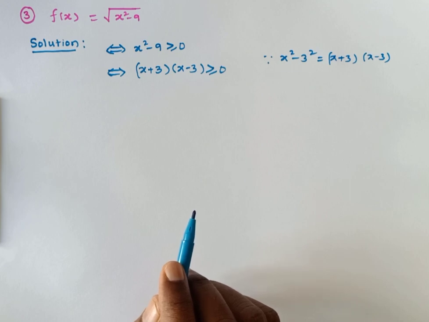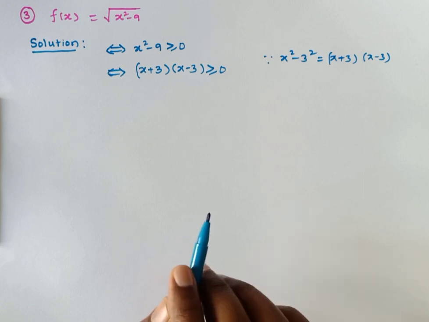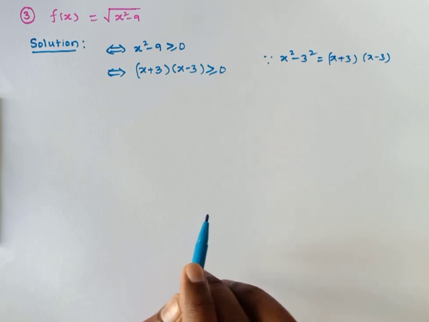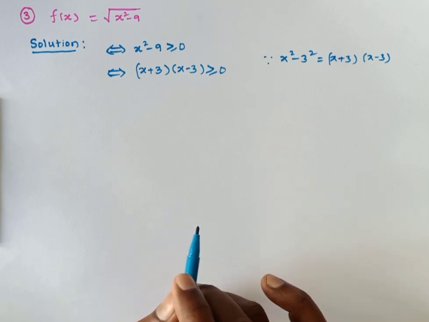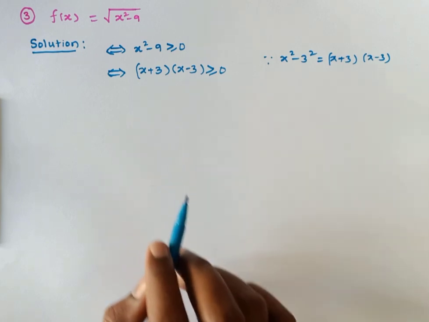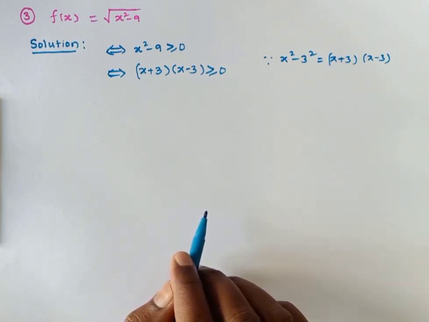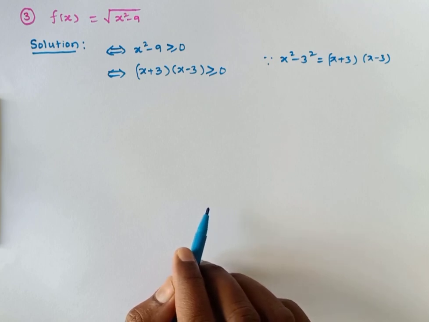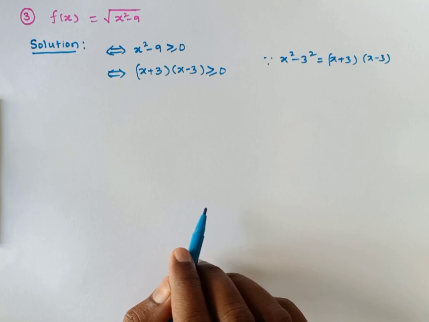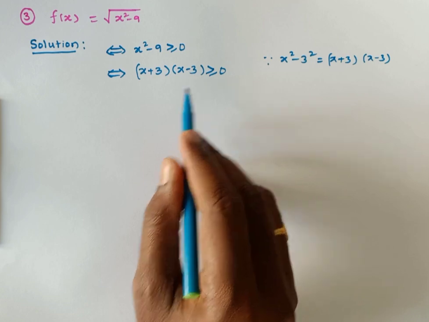There are 4 note points, right? X minus alpha into x minus beta less than 0, x minus alpha into x minus beta less than or equal to 0, x minus alpha into x minus beta greater than 0, and x minus alpha into x minus beta greater than or equal to 0, right? This is regarding note 4. Okay, you must remember those points from the previous lecture. Just remember those 4 points, and then you can directly write the solution for this. Instead of alpha and beta, 3 and minus 3 are there.